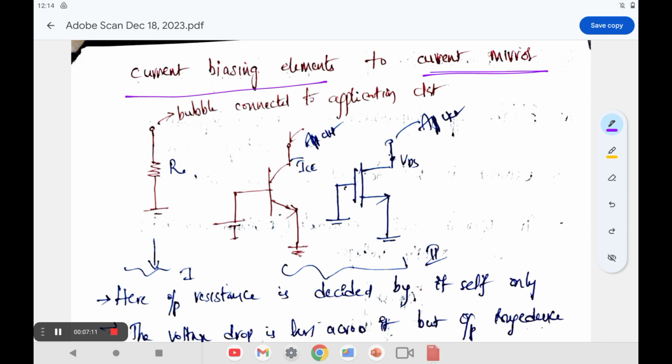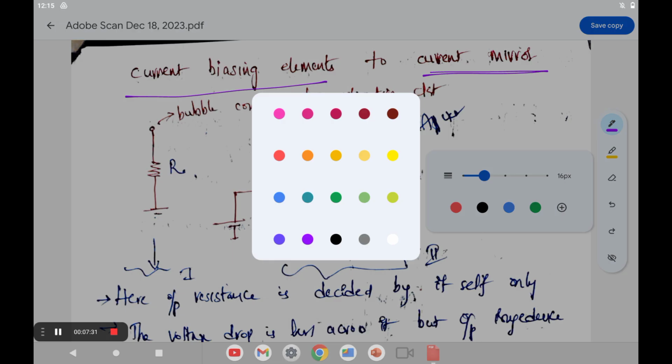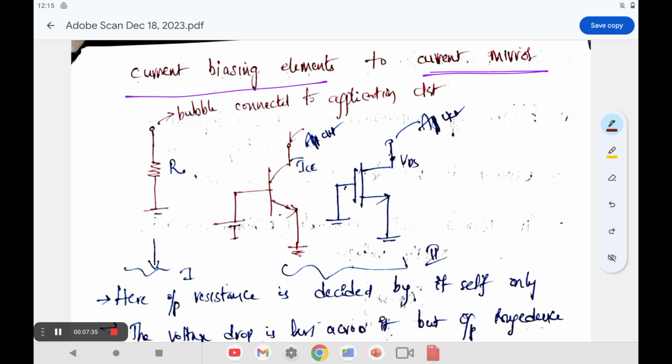What is the journey, or the evolution of the current mirror, where it started first of all? For that purpose, let us take different situations. Suppose you are choosing the biasing element to be some kind of resistance value,